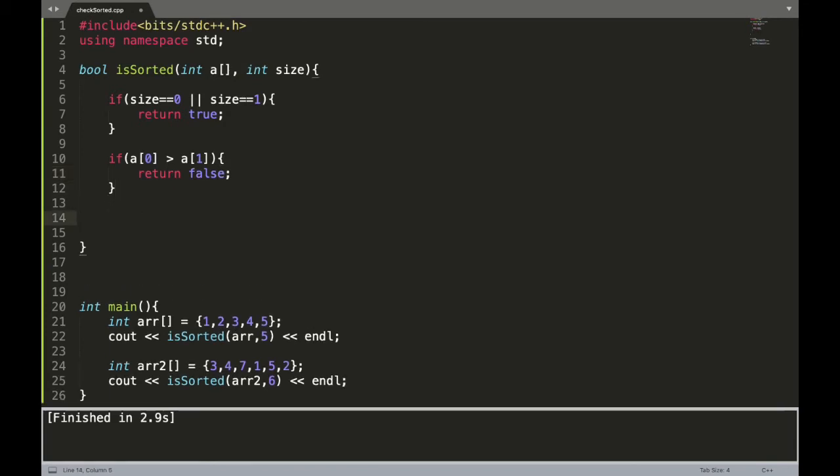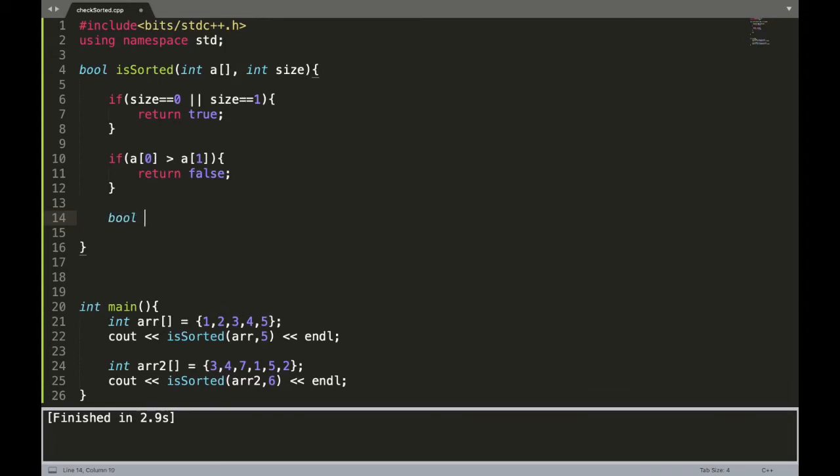And after we have checked for the first two elements, we pass the smaller array, and we need not worry about it. We just pass it. The recursion does its work on the rest of the array, and we need not worry about it. We just had to care about the base case as well as our calculation part. Rest is taken care of by recursion. Okay, so now let's make our recursion call.